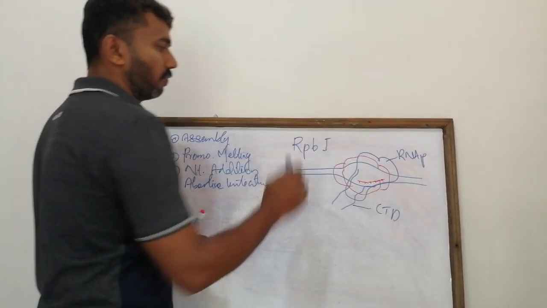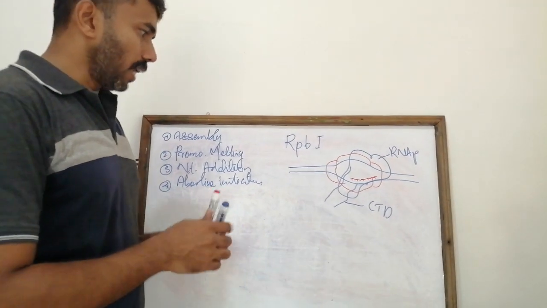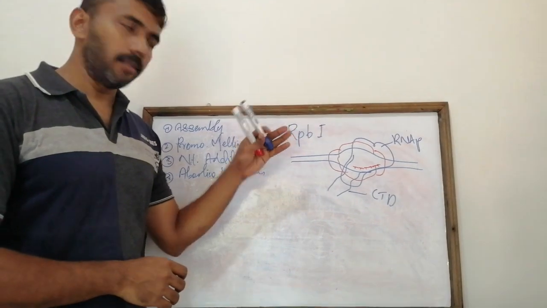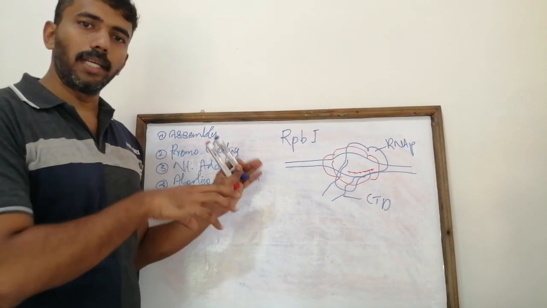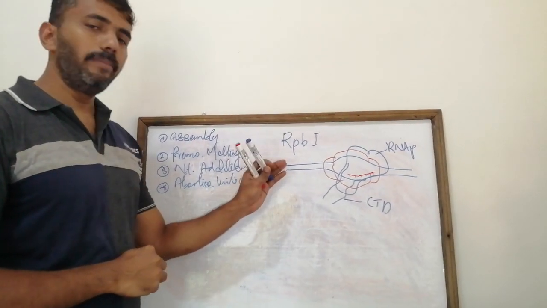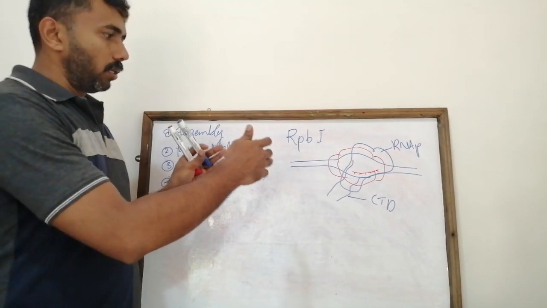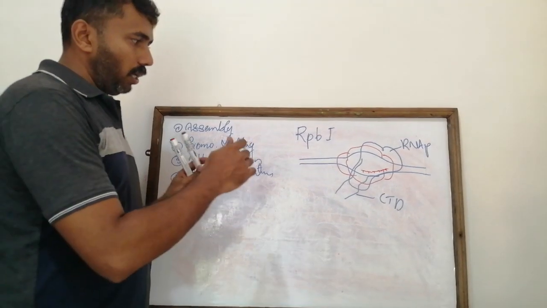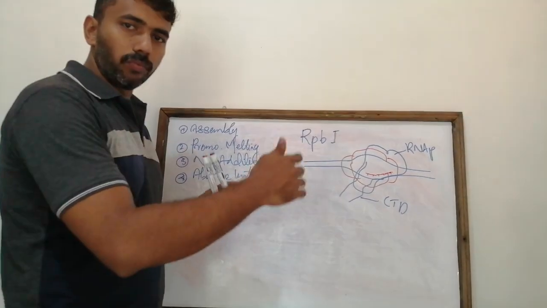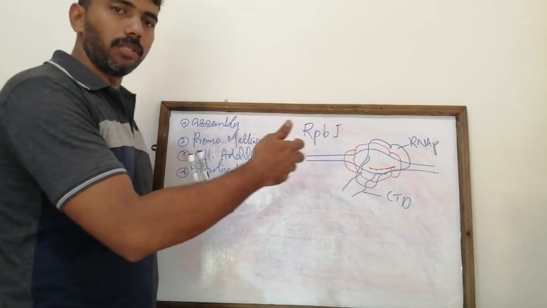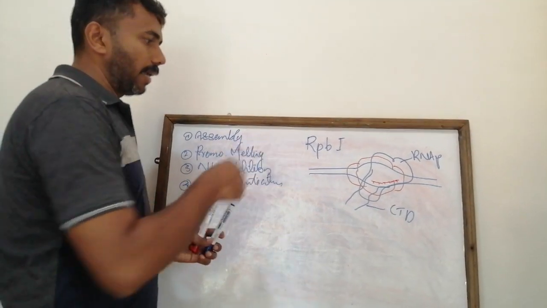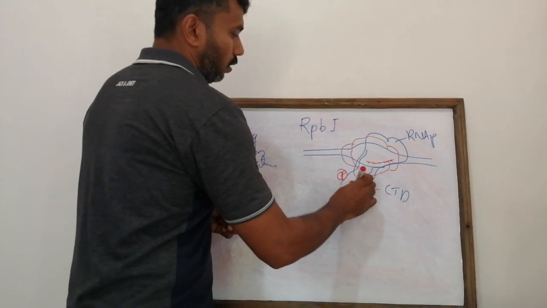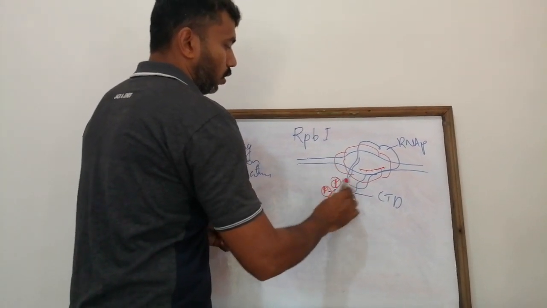As the mechanism begins, in the initiation phase, this will be in the non-phosphorylated or dephosphorylated state. If the system has to propagate further as elongation, this has to be phosphorylated. So there will be heavy phosphorylation reaction